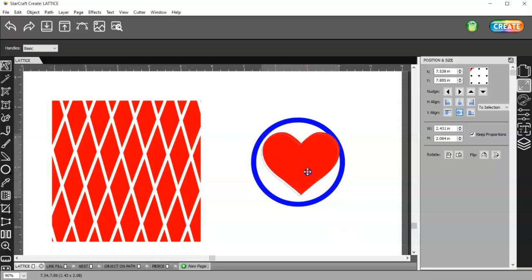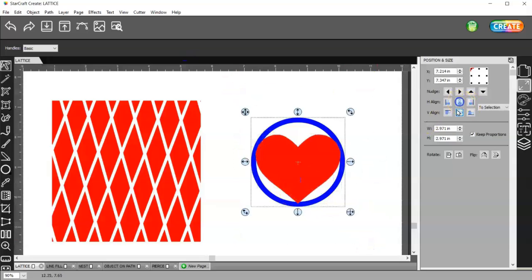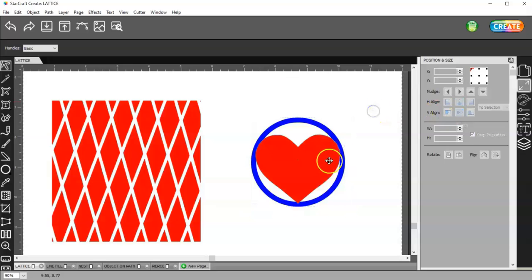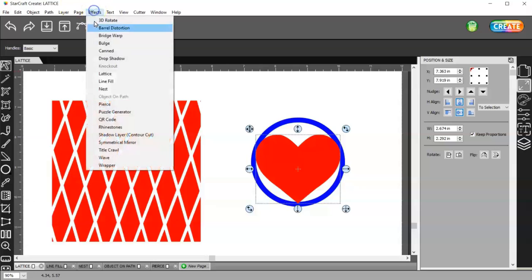And I want it touching on both sides, as well as the bottom. Alright, I'll select that and center it up horizontally. I don't want to do vertically because it'll probably bring it up too high, and my bottom won't be touching here. So now, if I come here to Effects, Lattice,